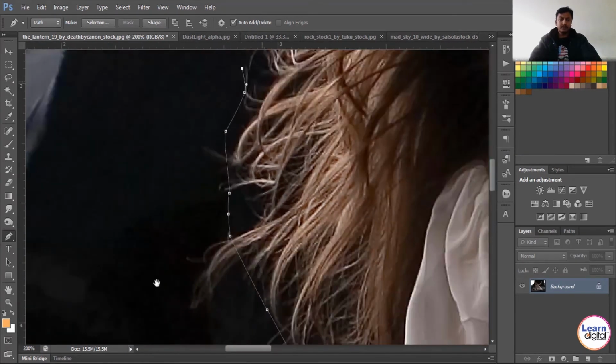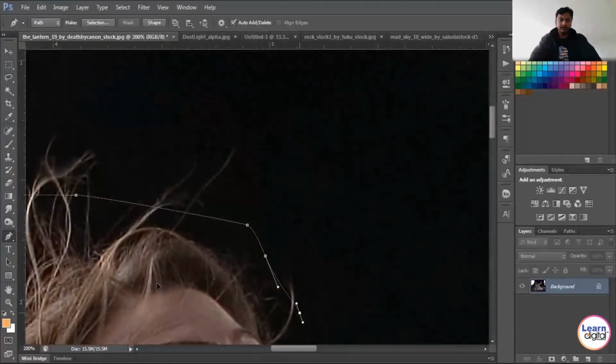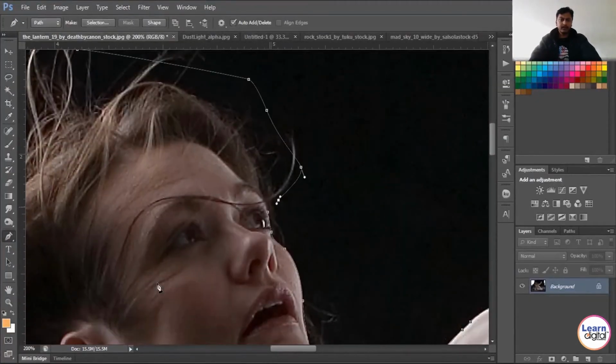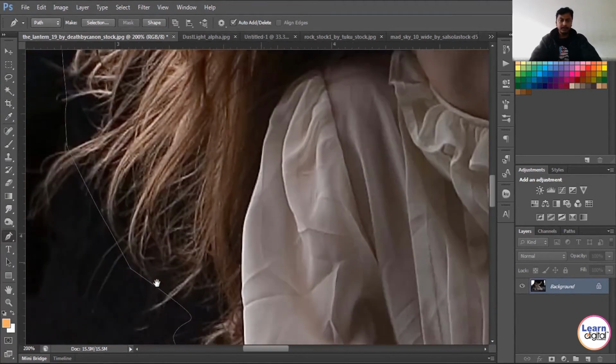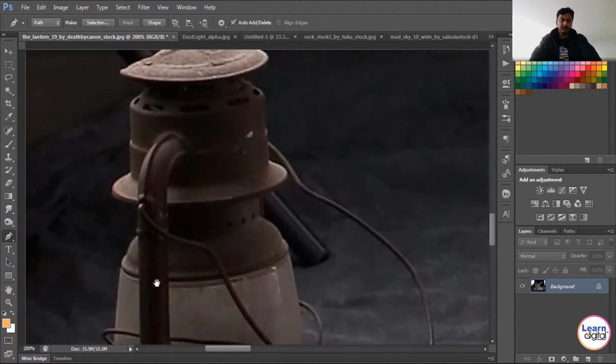For the ears and all, very roughly I'm selecting. Once the selection is done, you can see a line like this.